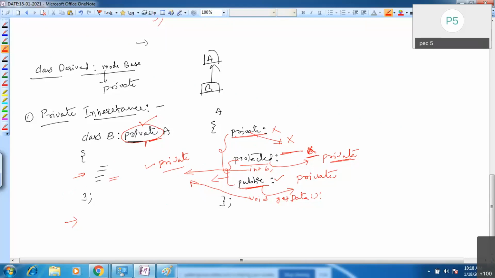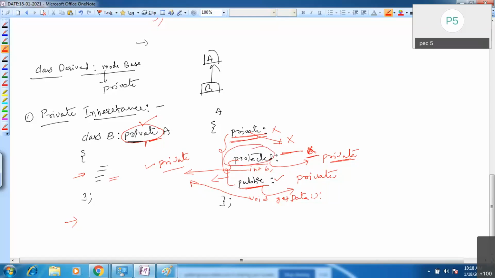Private members are accessible only inside that particular class, so you can access them only inside A. If you derive this class into another class, you cannot use the private members in the derived class either.